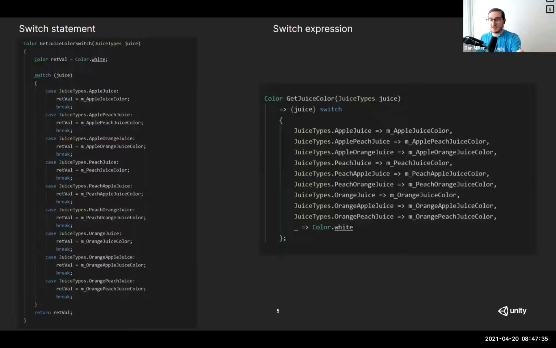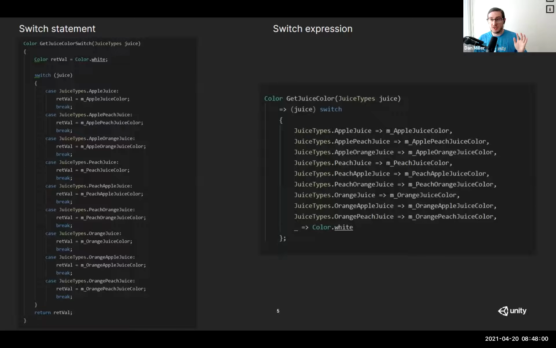Each of the cases is simply typed out with that expression again, and each line ends with a comma. This is really helpful for associating one piece of data with another. In this case, we're associating a juice type enum with a color value. You'll see how this plays into the sample project a little bit later.